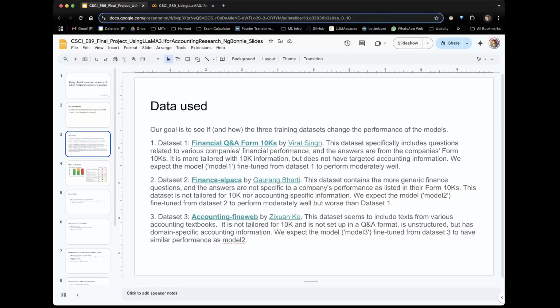We built 3 agents that are trained on 3 different datasets to see if some aspects of the training data can help better fine-tune the model for this task. We found that the agents that are trained on the 2 finance Q&A datasets perform significantly better than the agent that is trained on the accounting textbook's text. In this experiment, the training datasets that are more generic but more closely mirroring the agent task are more useful than the one that includes domain-specific knowledge but is not well structured.